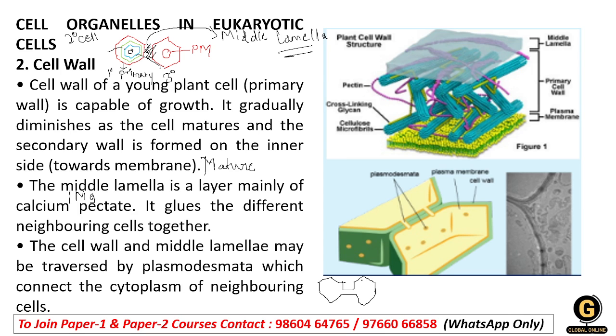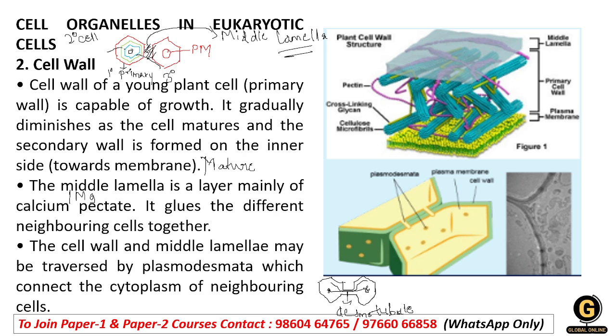Okay, now the secondary part is being connected. Yes, yes or no? The ER of this cell is connected to the ER of this cell. I have just drawn a rough diagram. Okay, and the middle connection is called the desmotubule. Desmotubule. Okay,